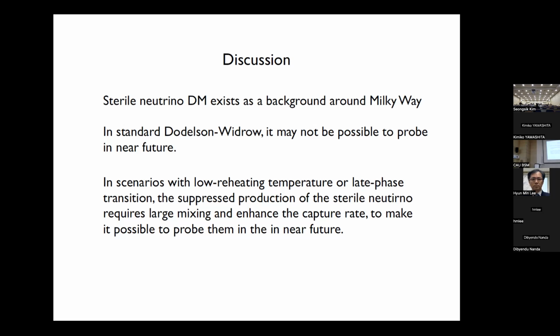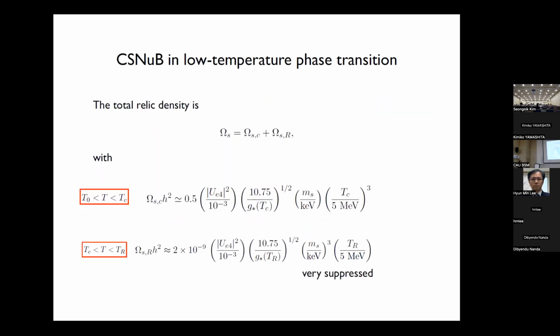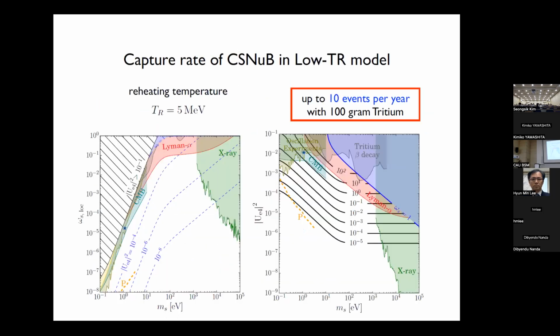Thank you for your nice talk. In the case of low reheating temperature, you require a certain size of the mixing angle for the dark matter abundance. Is it consistent with the X-ray constraint? With this large mixing angle, it's consistent with the X-ray. The X-ray bound is at a very large mass, around keV. We consider around 10 electron volts, so we are focusing around here. The X-ray bound is larger than keV, so it is not relevant.